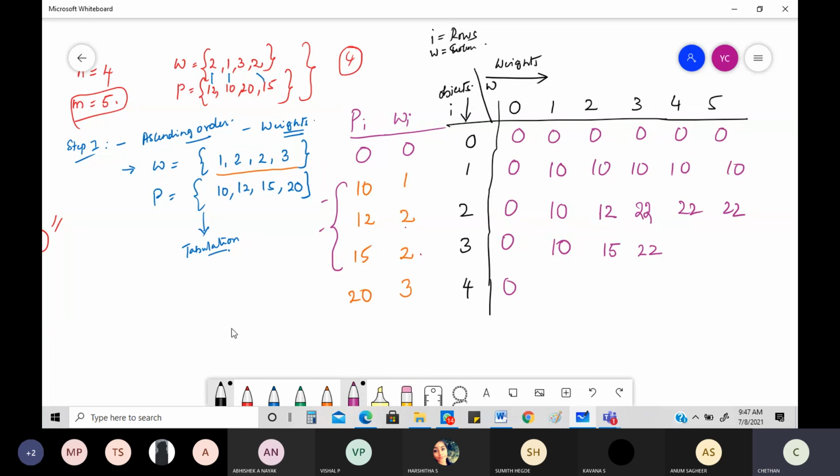Okay, first 2 combinations over. So I'll write the combinations again. What is it? 1 and 2, 2 and 2, 1 and 2. 1 and 2 is already done, the same thing only. So 2 and 2 only matters, and you can take one more: 1, 2, 2, that is 1 plus 2 plus 2. What is the value that you get? 2 and 2 means 12 and 15, 27. Okay, 1, 2, 2, total is 5. For this, what do you get? 10 plus 12 is 22, plus 15, 37. Okay, 37. Next thing is with